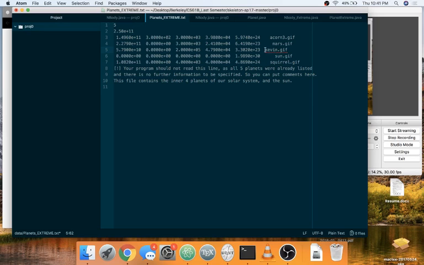I changed Mercury to be Kevin. I changed Venus to be Squirrel. I changed Earth to be Acorn 3. Another notable change, I played around with the X and Y velocities so that when I first start my program,